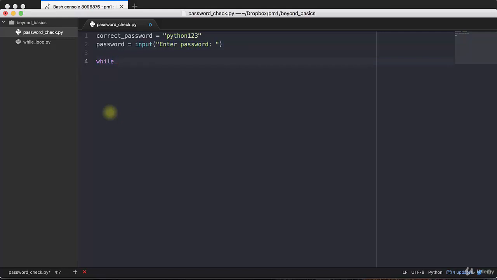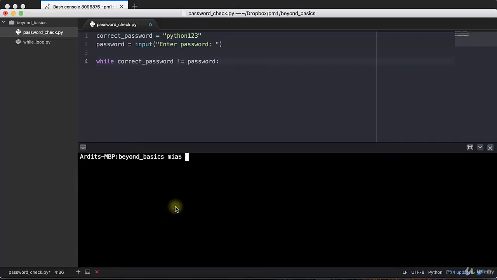In this case, we want to run the while loop as long as the user is entering the wrong password, because we want to keep asking the user to enter a password. You enter the wrong password, enter the correct password, you enter the wrong password, and so on. So we want to check for the condition that the entered password is wrong. How do you do that? Well, while correct password is different than password,